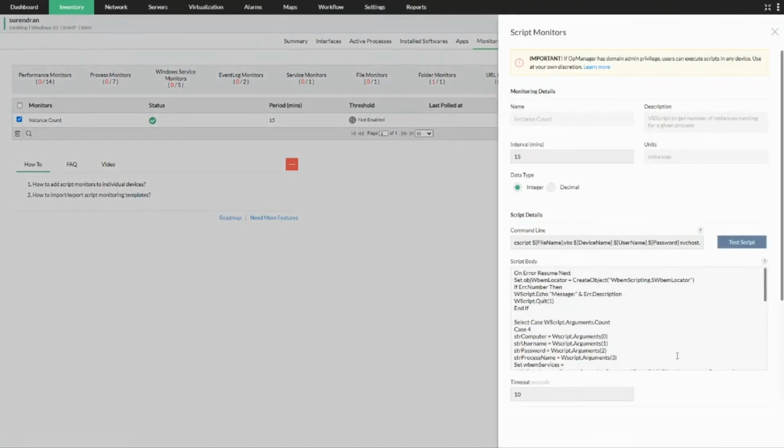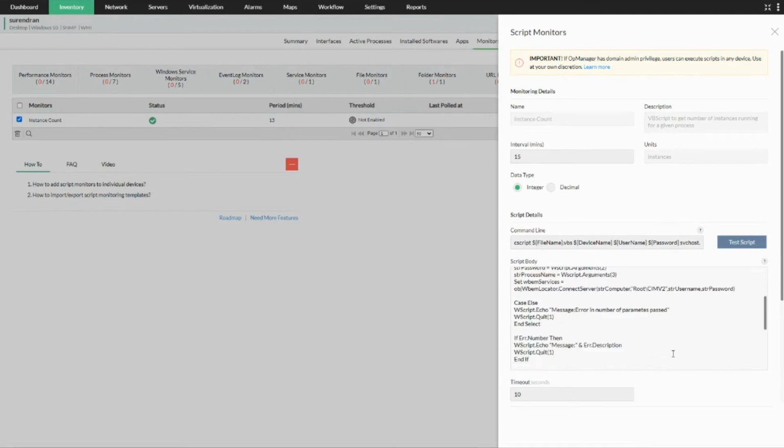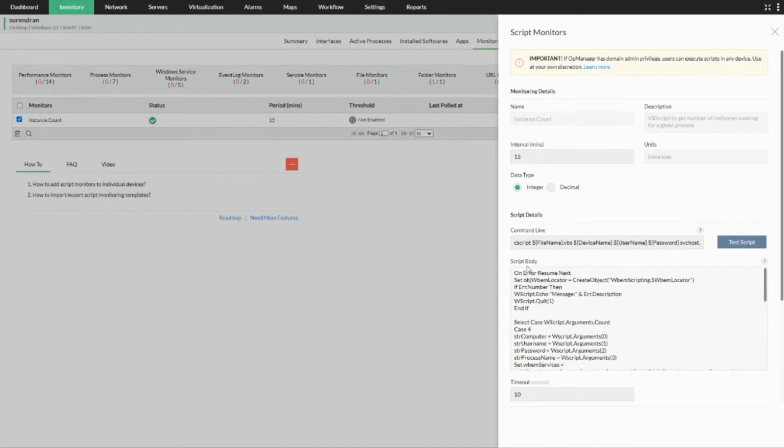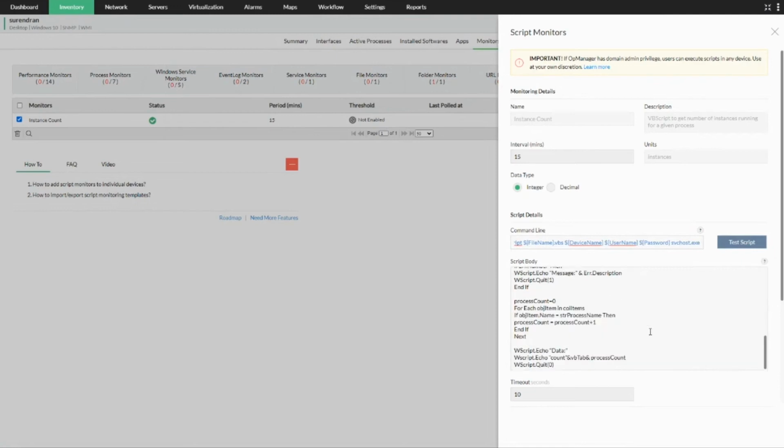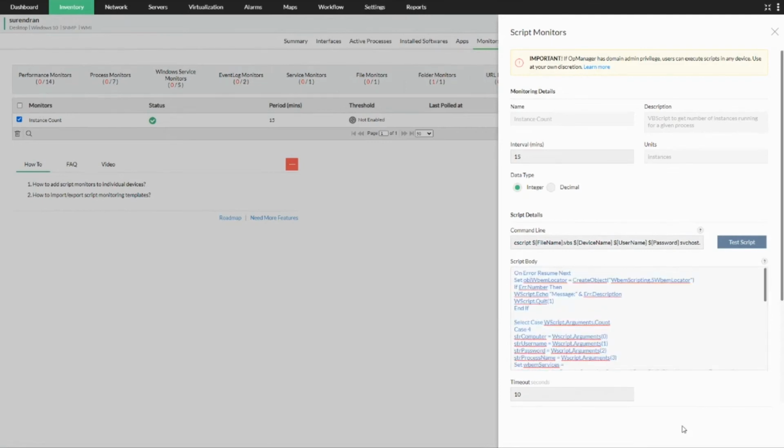As you can see, I have created this instance count script monitor via a VB or Perl script to see what is the actual count of the instances which are running for a specific process in my server. I've given my command line accordingly, where I'm going to execute it on the local or the remote machine, and then I've written my script body as well. Using this, I'll be able to know the actual process count of that particular script which I'm running.